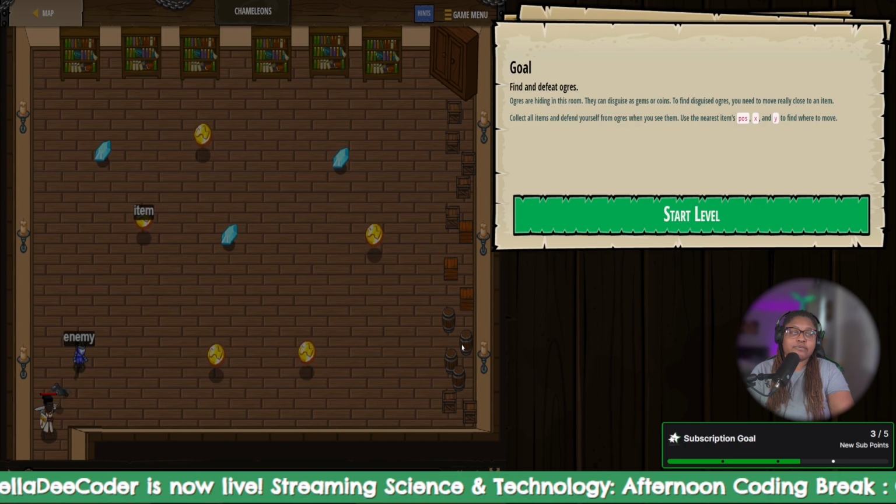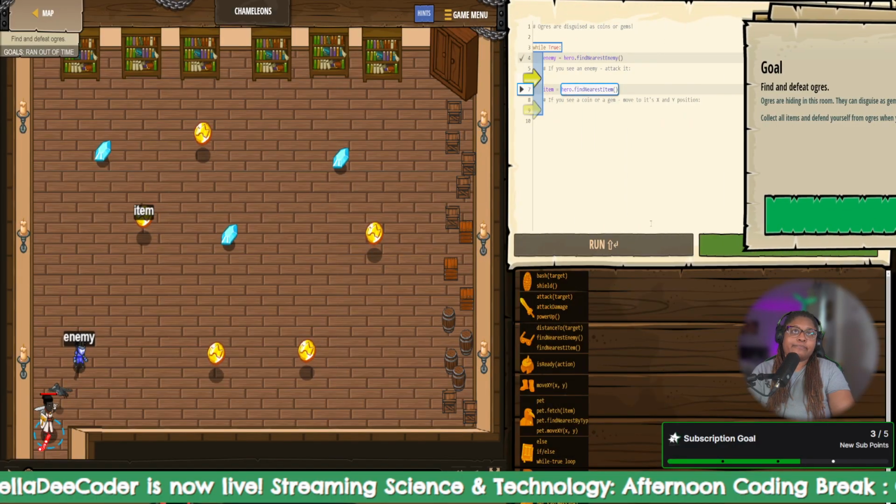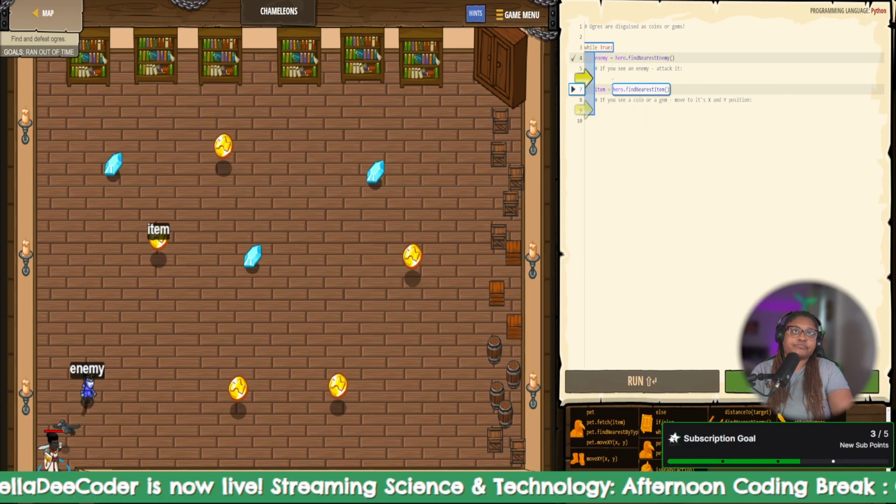Use the nearest item, pos, x, and y, to find where to move. Okay. So it looks like, while true, we're looking for the enemy. We're looking for them, and we're gonna find the nearest item. However, if